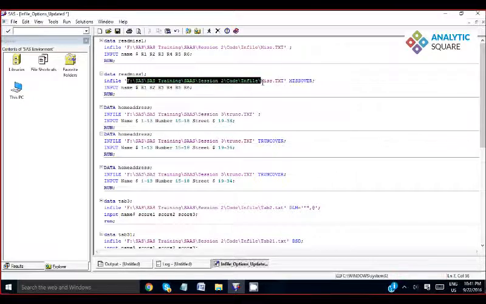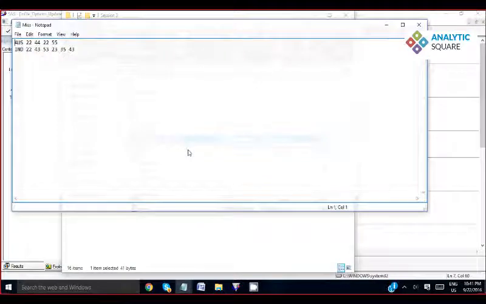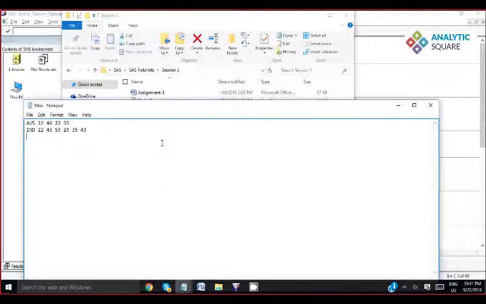This is the part of the data that I have just given after the infile. I'm fetching this data by the name miss. So let me show you. This is the file that we have to use to create the SAS data set. In this particular file, we have one problem: we have missing values. You can clearly see that there are missing values after the 55, right?